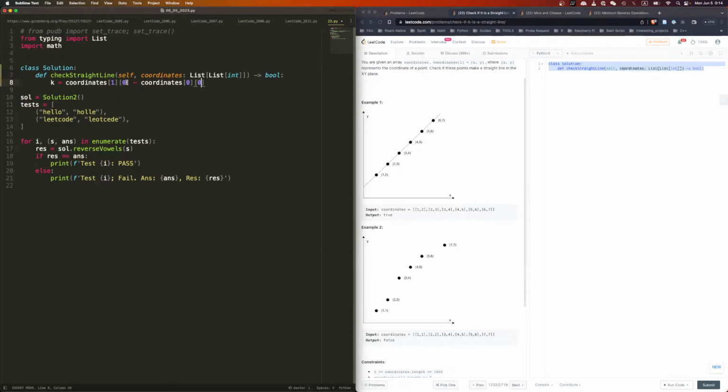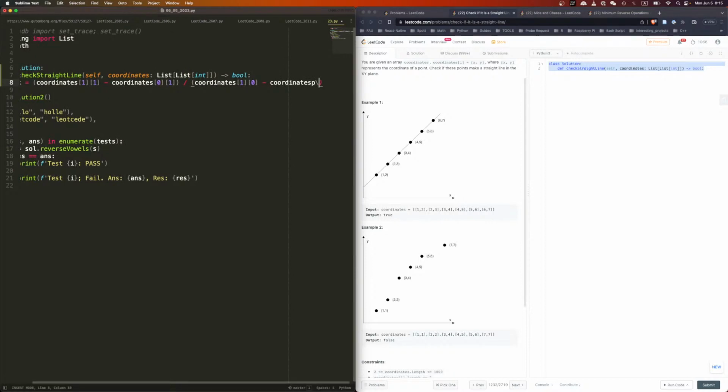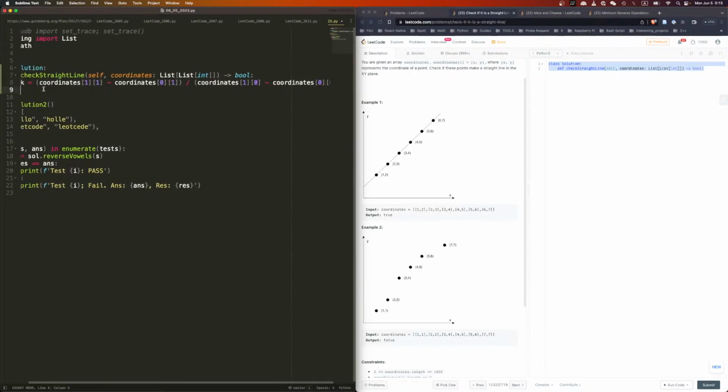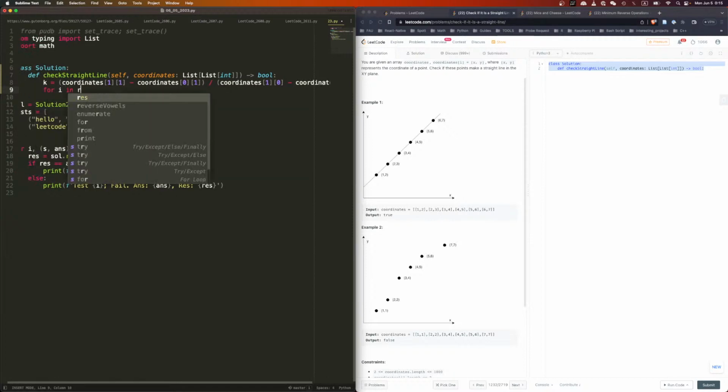I think convention is y divided by x, so it will be coordinates 1, 1 minus coordinates 0, 1, divided by coordinates 1, 0 minus coordinates 0, 0. Okay, that's the k. Then we say for i in range